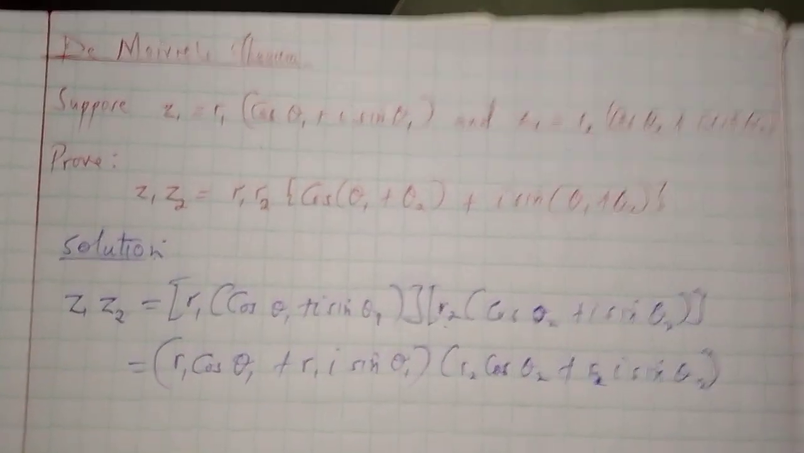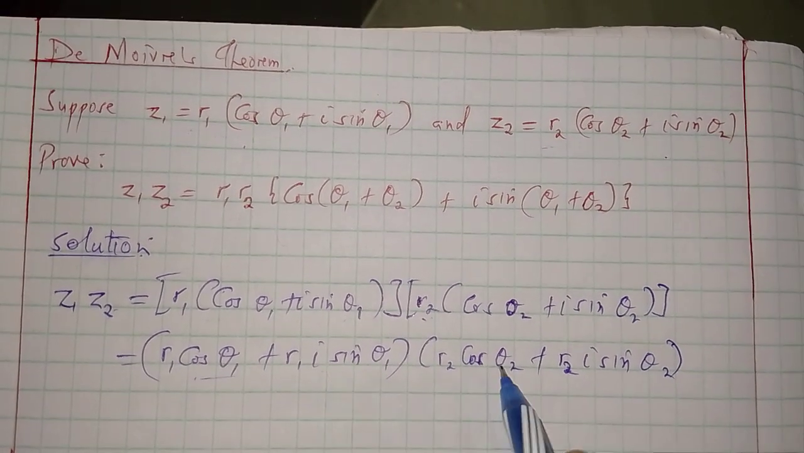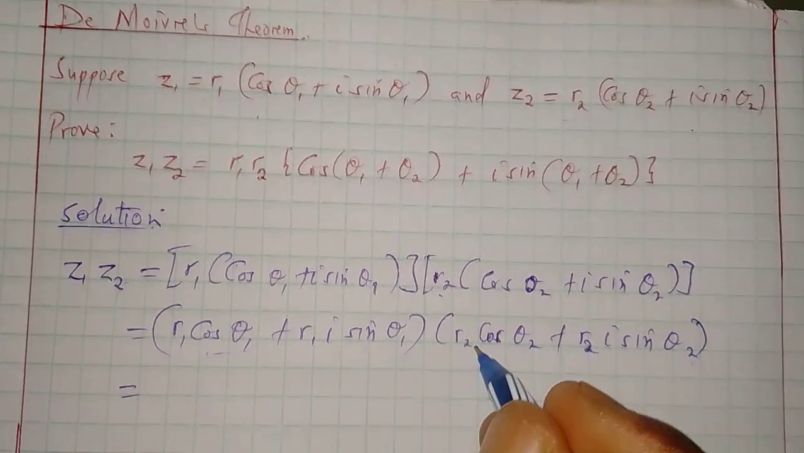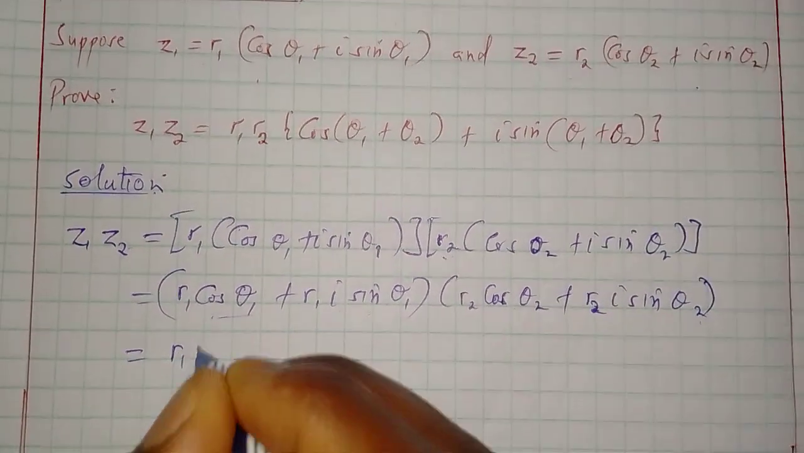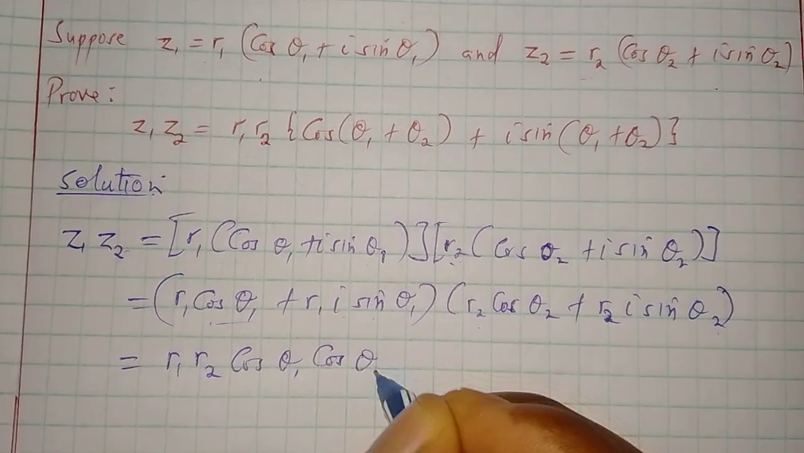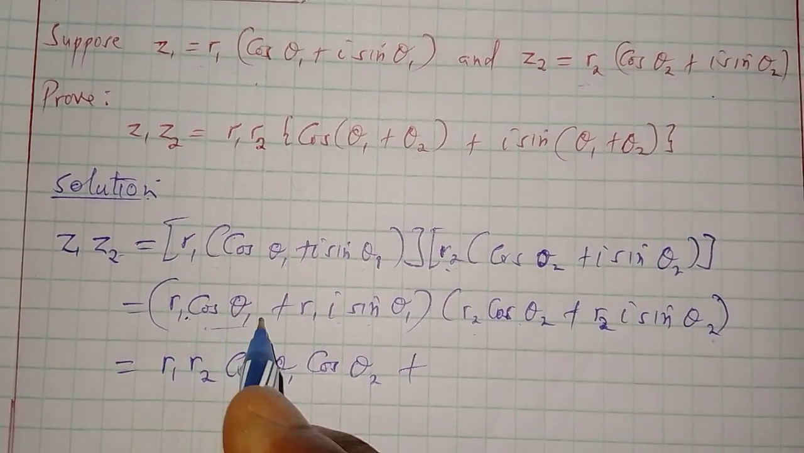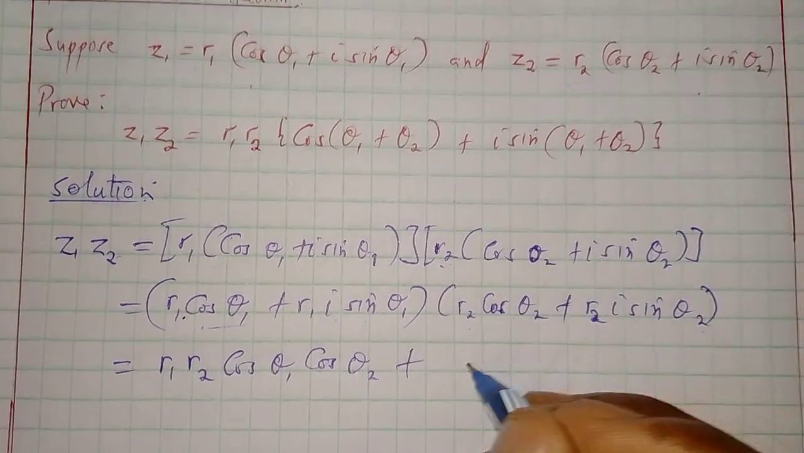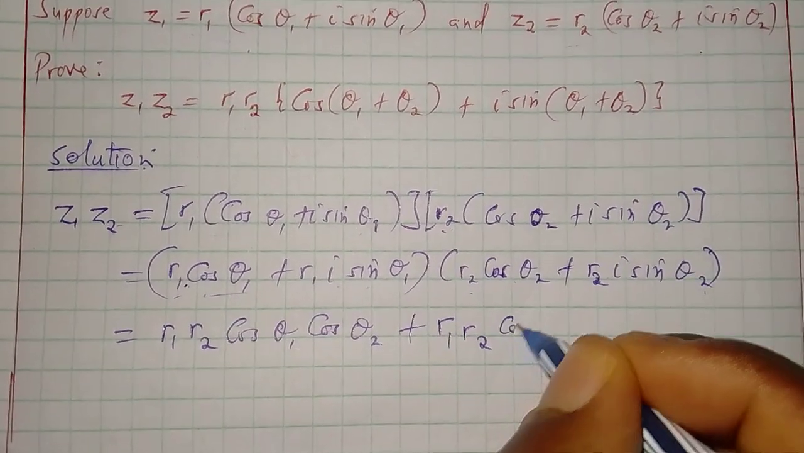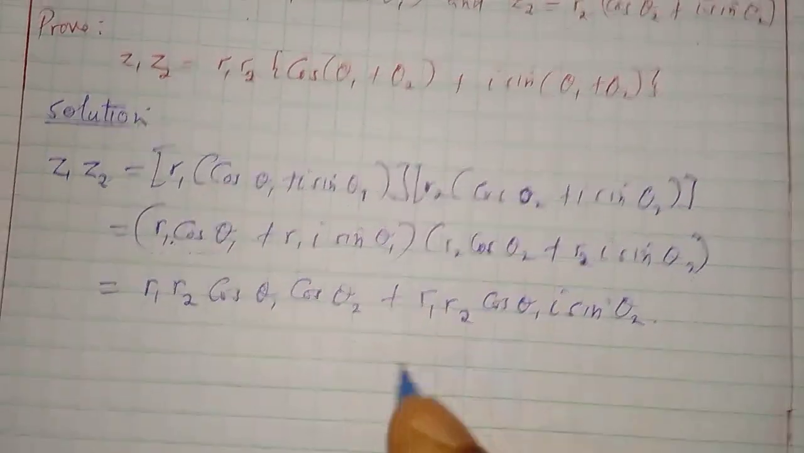Are we there? After that, we do what? We get the product now. We multiply this and this, this and this, this and this, this and this. So r1 cos theta1 times r2 cos theta2 becomes r1 r2 cos theta1 cos theta2, plus r1 cos theta1 times r2 i sin theta2, it becomes r1 r2 cos theta1 i sin theta2, okay, plus